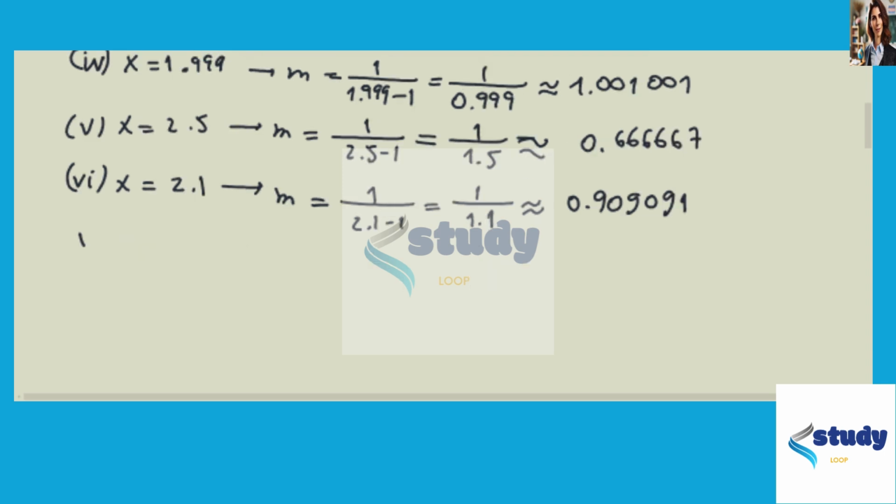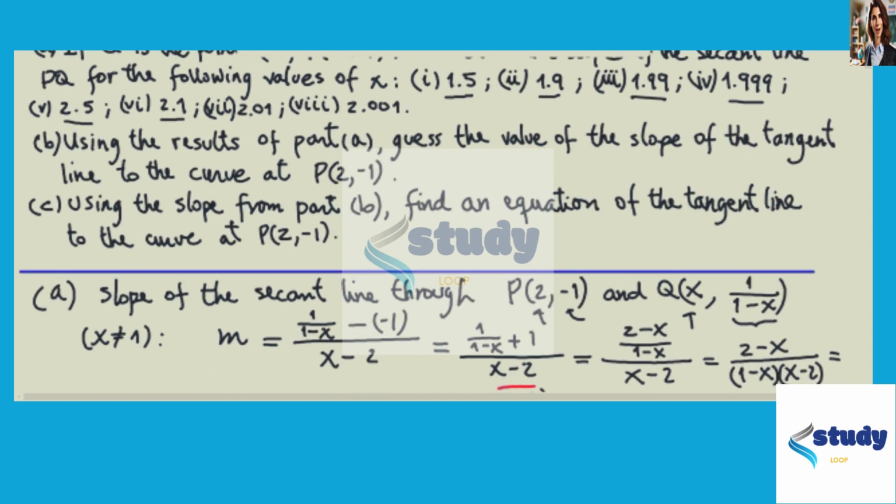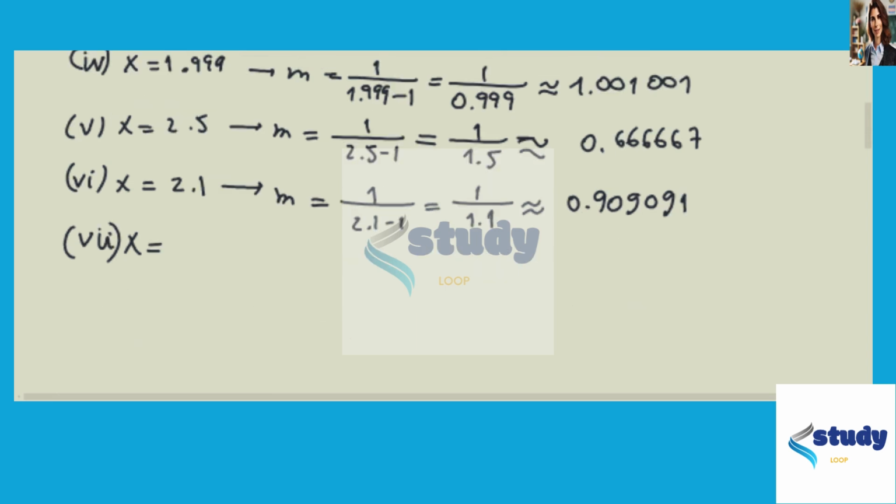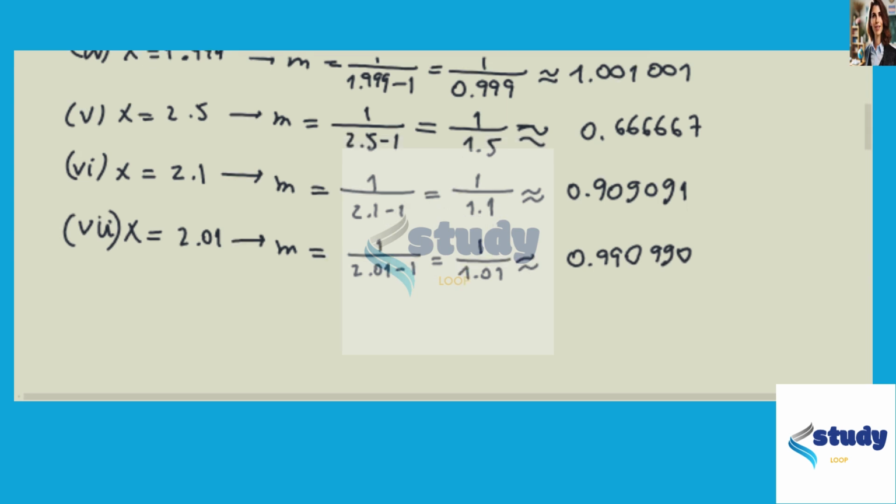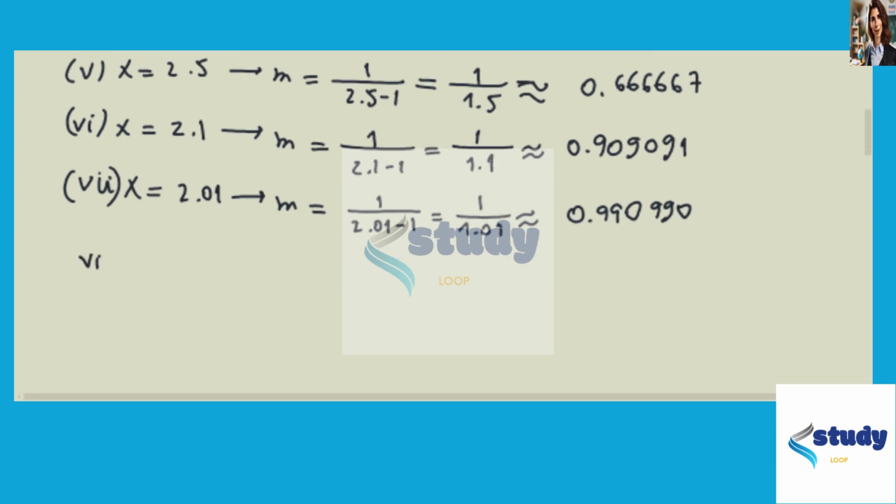And part 7, x is equal to 2.01, and so m is 1 over 2.01 minus 1, which is 1 over 1.01, and that's approximately equal to 0.99099. So this is 7, now 8,